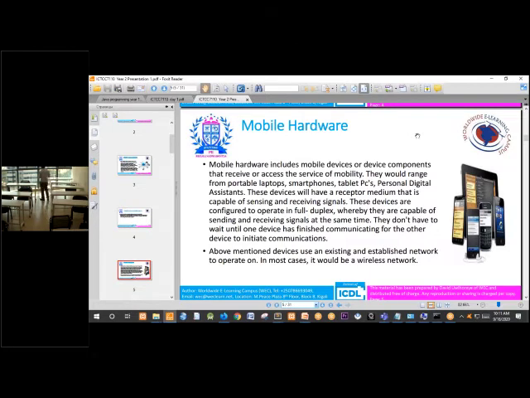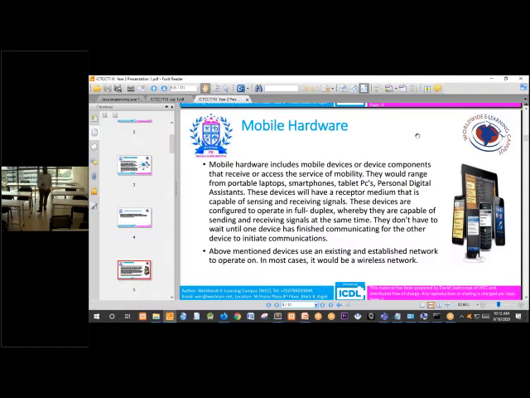those communication devices which are used in the military use half duplex because one can send and another one can reply, but they cannot do those activities at the same time. They cannot send and receive at the same time. Both parties can talk, but one at a time. They cannot talk at the same time.